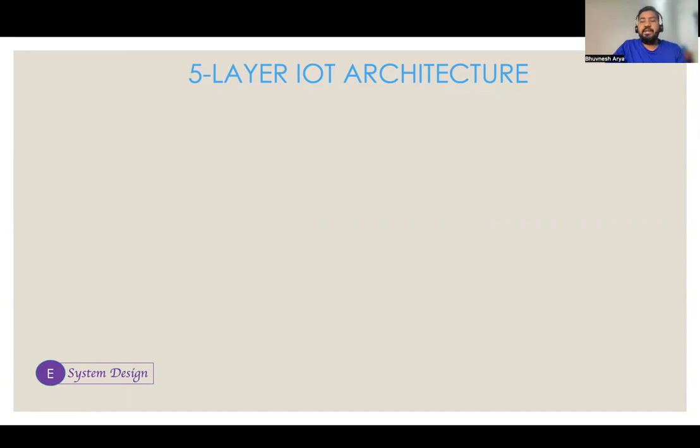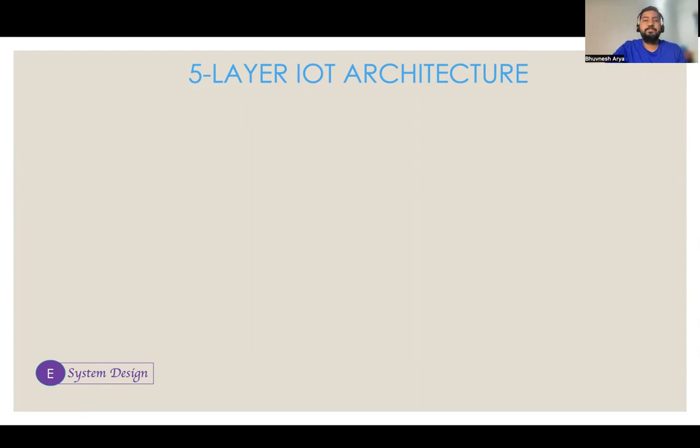IoT comprises the Internet of Things. Things refer to physical devices, so it could be a sensor, actuator, or camera. And when we refer to the internet, this means cloud connectivity, where data gets stored on the cloud so that we can do some kind of business analytics